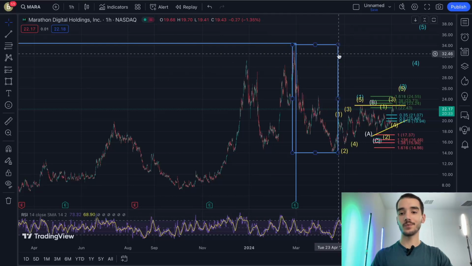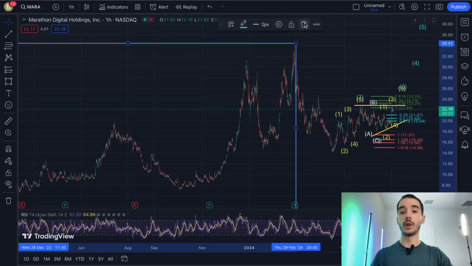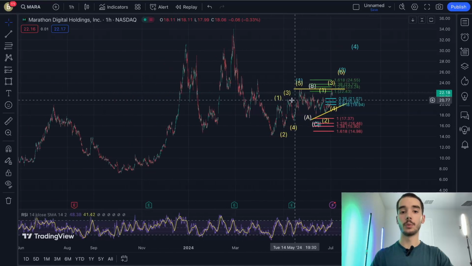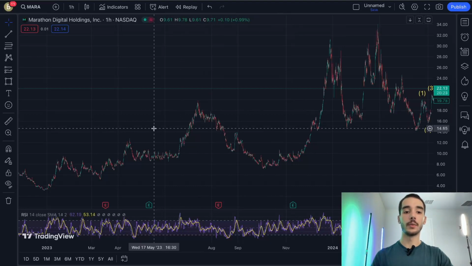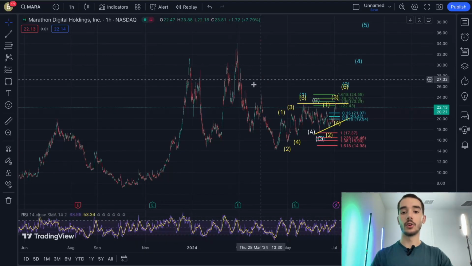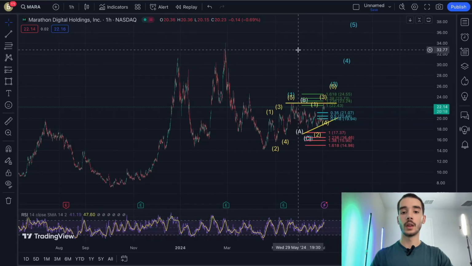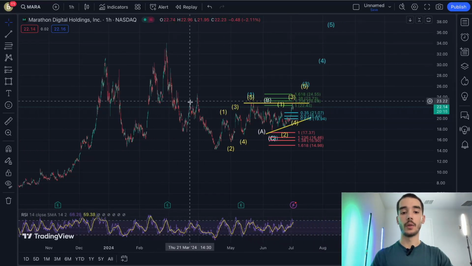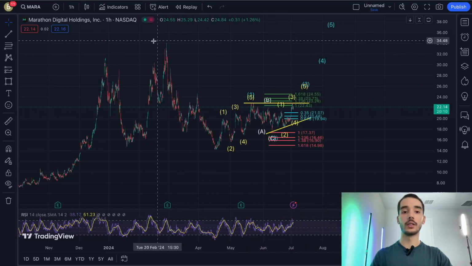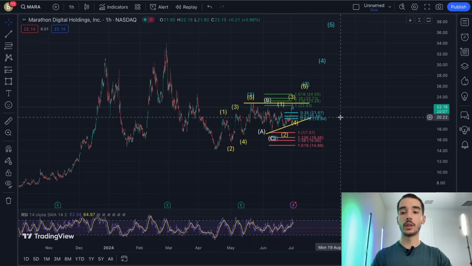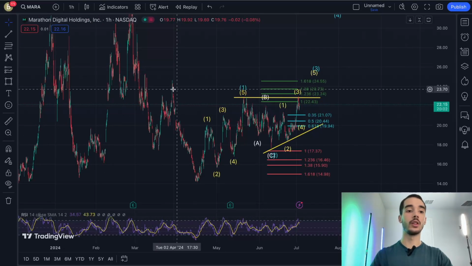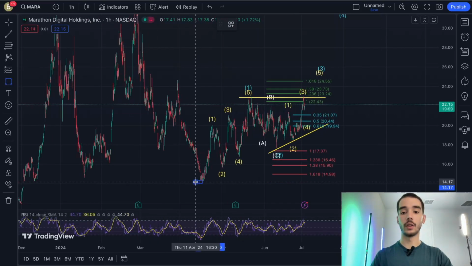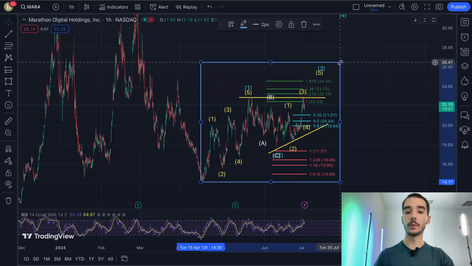So we have that, and I do not trade off of that on the current bull market, because we have just about a year-long rally that ended earlier this year but started over a year ago, and then a couple of months of corrective structures. I'm not going to consider this in this trade. So every time I say 2024 all-time high, I want to make it very clear that I'm talking about the current wave structure, which is this right here. This is what we're focused on at the moment.